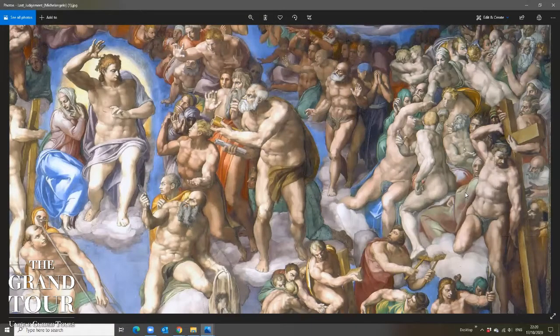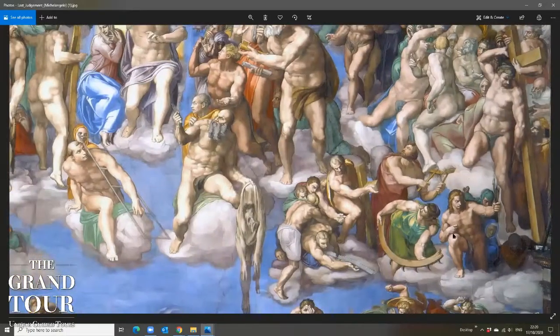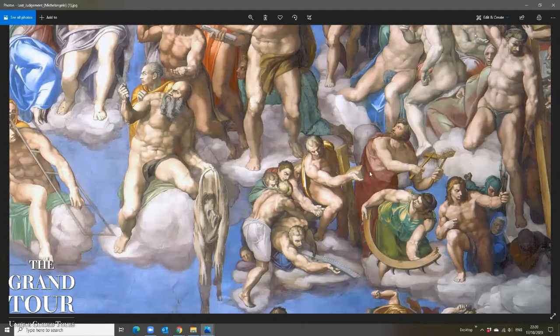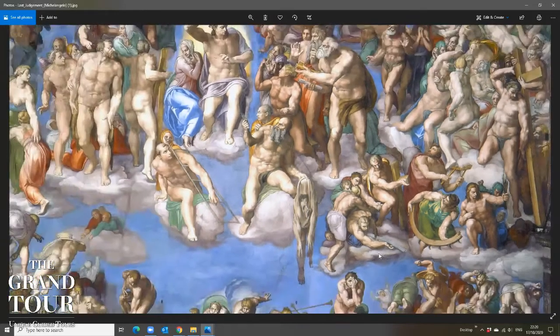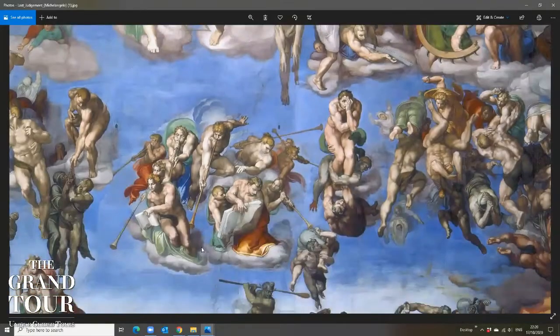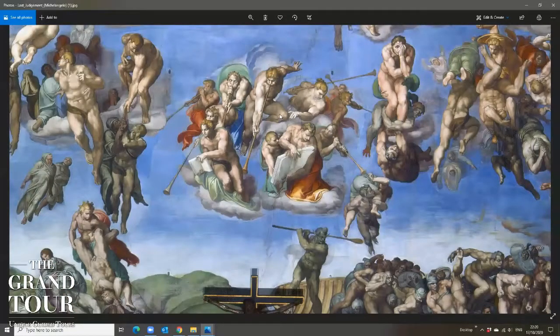Out of 300 figures in total, so it's quite a lot. Here more saints, Saint Catherine, Saint Biagius, Saint Sebastian with the arrows. They are all holding the tools through which they were killed in life. And then we have in the center the 7 trumpets of the apocalypse, and then 2 books, a big book